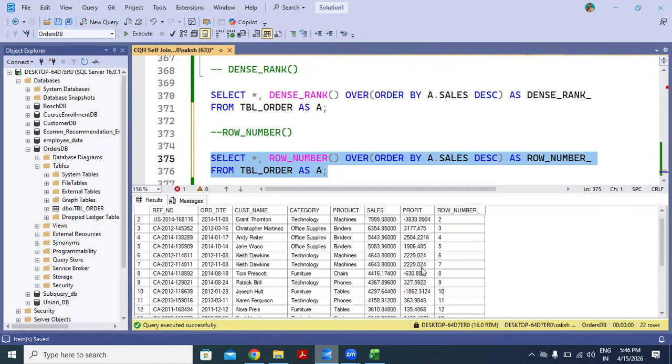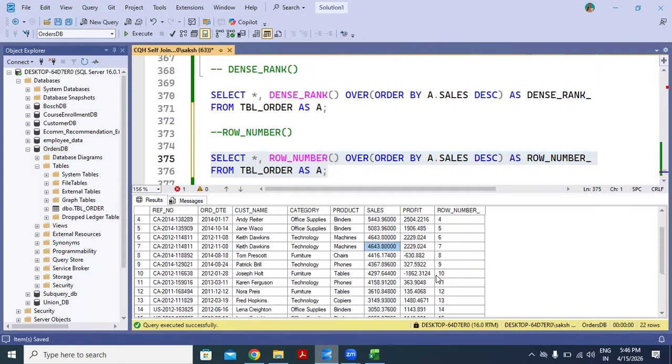So now you can see that we are having same sales in these two products, but the ranks are not same. So row number will assign unique number, unique rank to each row, no matter if the duplicates are present or not. So this is the main difference between the rank, dense rank, and row number.